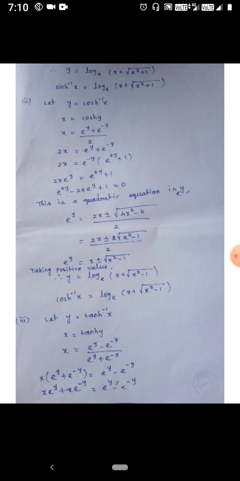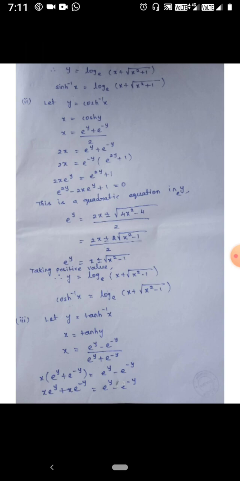By taking log on both sides, on the left hand side the exponential function and logarithm get cancelled. So we get y equals log base e of x plus root of x square plus 1. Replacing y by sinh inverse of x, we finally get sinh inverse of x equals log base e of x plus root of x square plus 1. In the second result, similarly to the first result, we take y as cosh inverse of